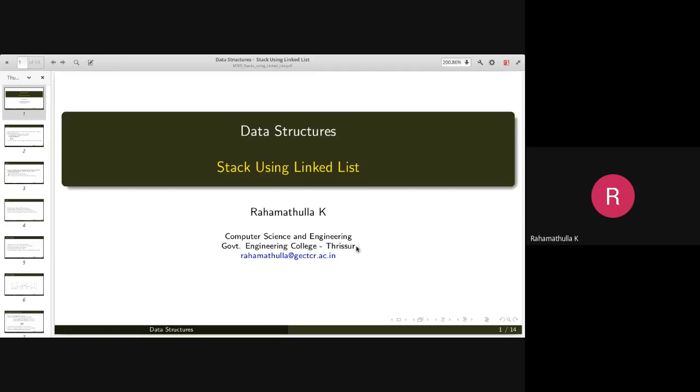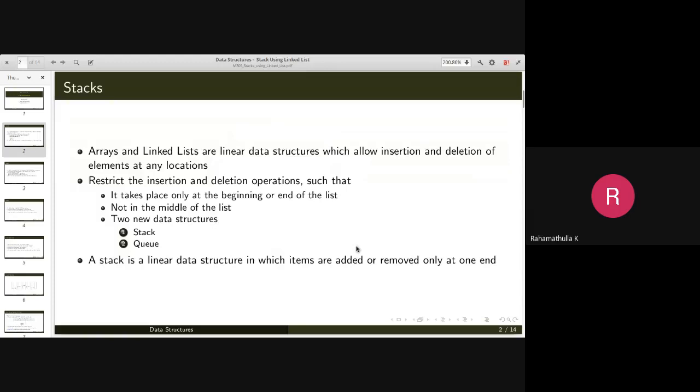Hi. So today we'll discuss the implementation of stack using linked list. We have already seen the implementation of stack using arrays. As you know, arrays and linked lists are linear data structures in which you can insert and delete elements from any locations.